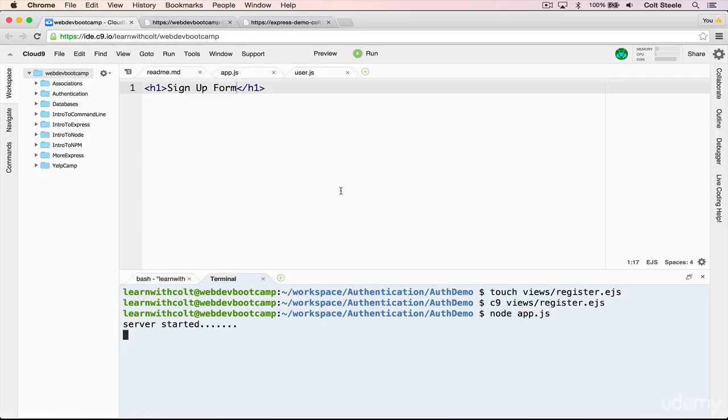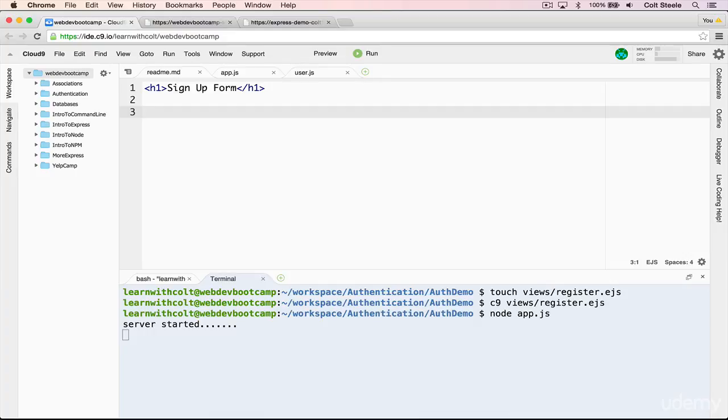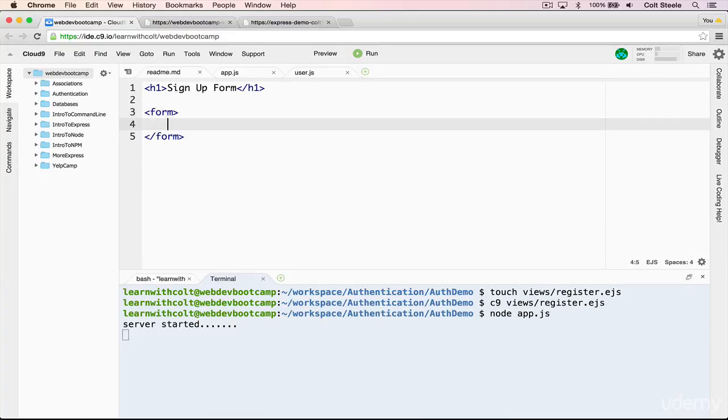Great. Now let's add in a form. And our form needs to have two inputs, one for username, one for password. So we'll start by defining a form, and we'll come back and add the method and action. We'll start with an input. Both are type text, although we can make the password input type equals password, which is actually a better idea. So input type equals text, placeholder equals username,